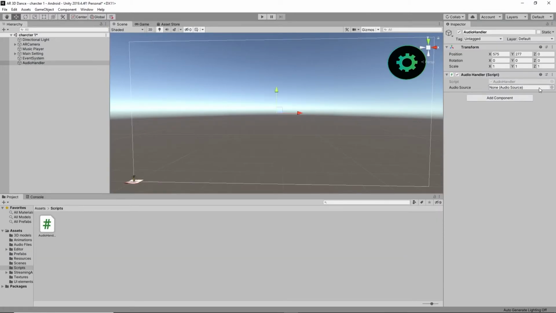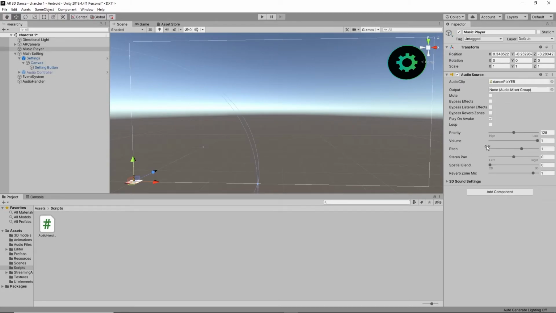Just click on audio handler. See here, we have to add our audio source here. Where is our audio source? In the main settings, in the audio controller, see here, there is a music player, right? In the music player, we contain the audio source.